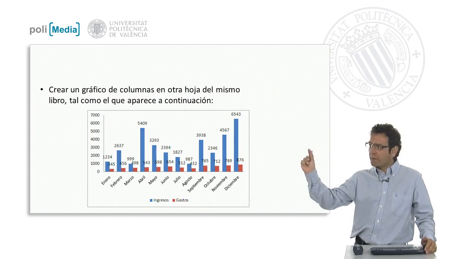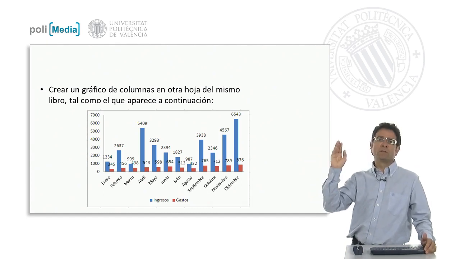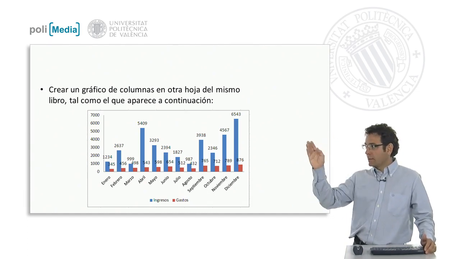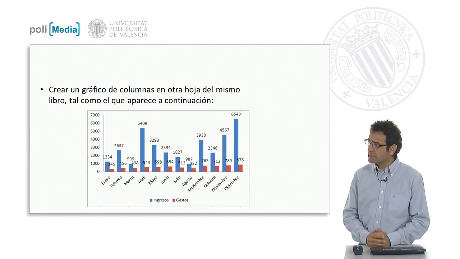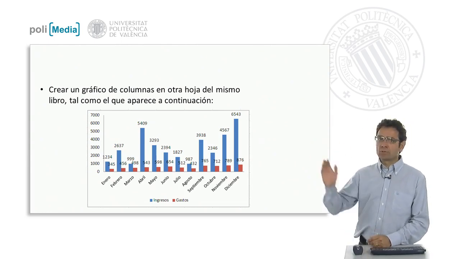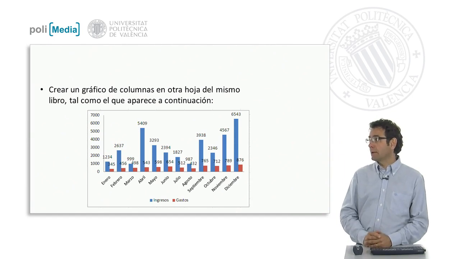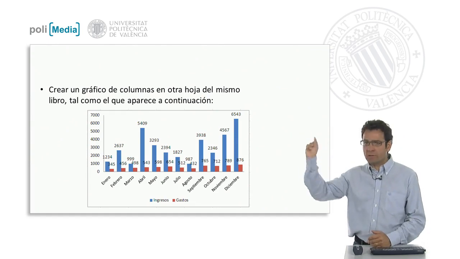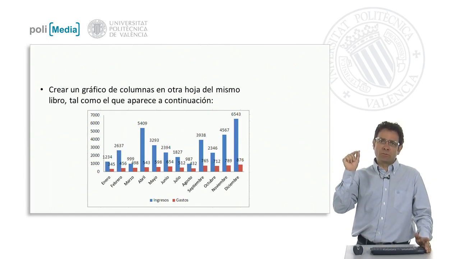We see that the columns are grouped, that is, the income and expenditure for January are together. They are in a group of 2 data. We see that, in the category axis, the months are indicated at an angle. At the bottom, we have the legend of income and expenditure and, well, the axis that indicates numerical data. And we also have an indicator above each of the data bars that tells us the exact figure that goes